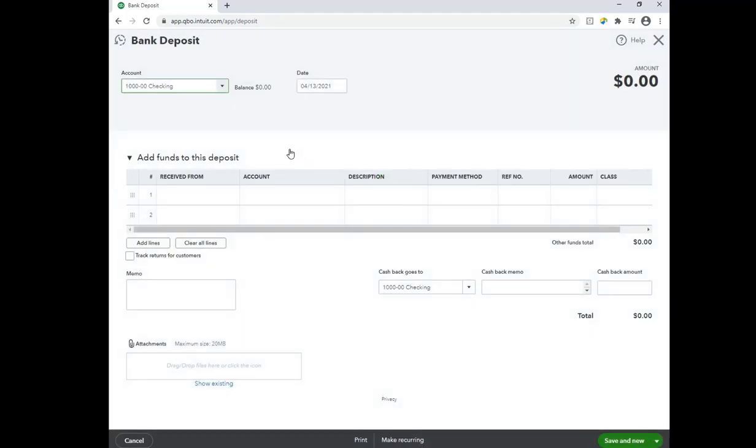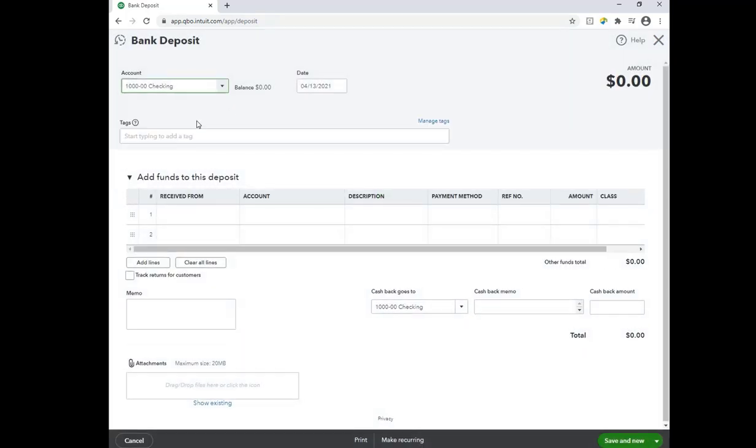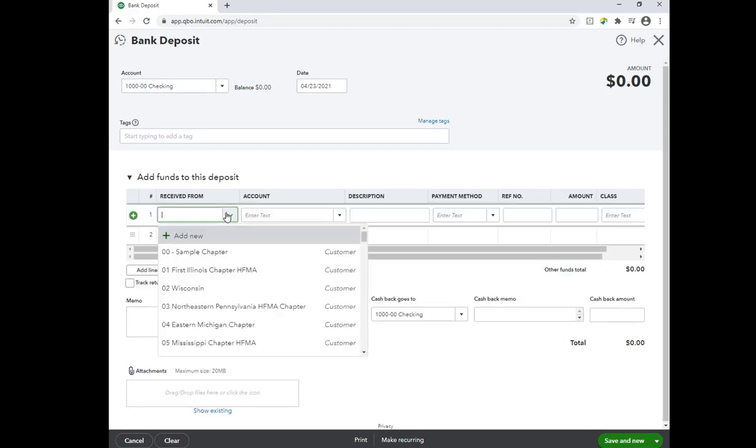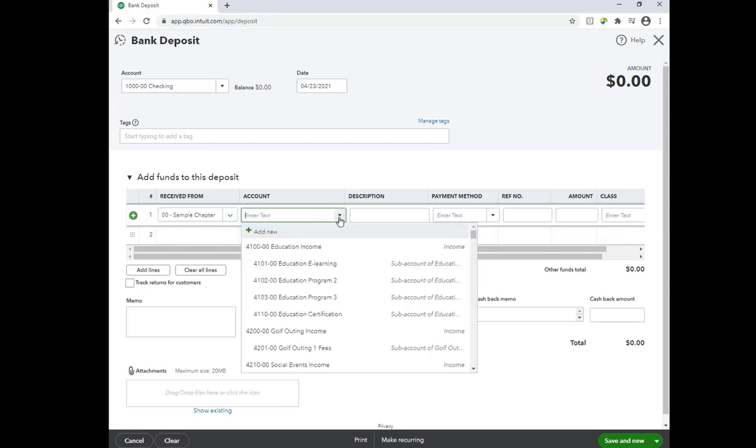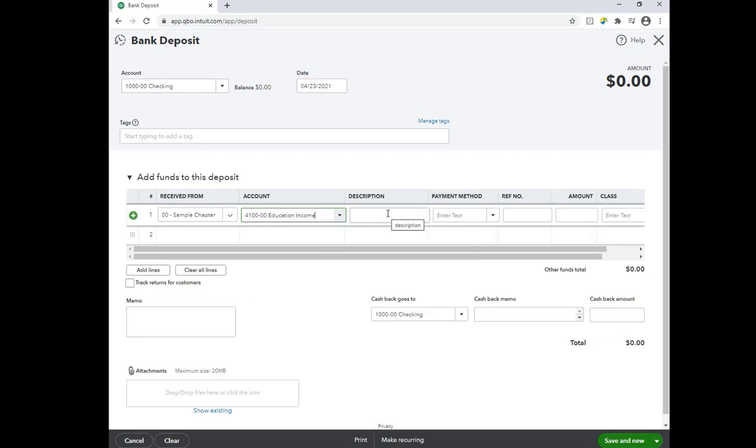All right, and so right away, I have selected the account checking, and then you can change the date depending on when you're choosing to make the deposit. We're not going to really focus on tags because I don't really see that being used in our environment. But let's just say that we received this from our sample chapter, which I have created, and that this was with regards to, let's say, education income. And the description can be something,